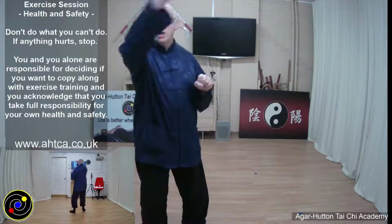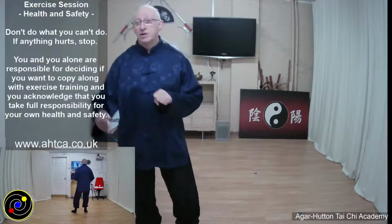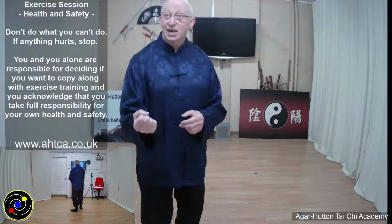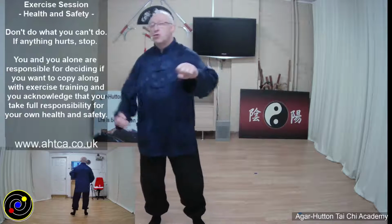Nice simple exercise. We're going to punch and turn the hand over. Punch, turn the hand over. Punch, circle, punch, circle. The hand is in what I call Tai Chi fist rather than Karate fist. In other words, it's not tightly clenched, it's quite a loose fist, just so that the whole motion